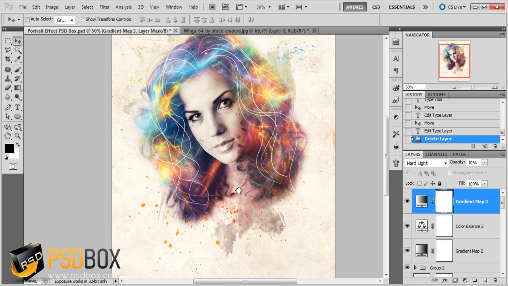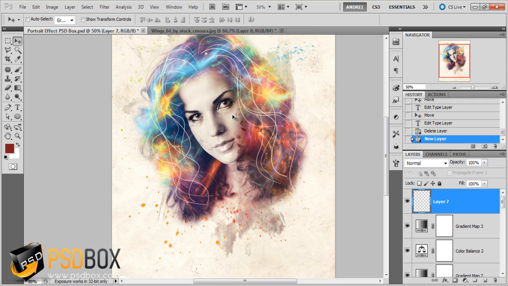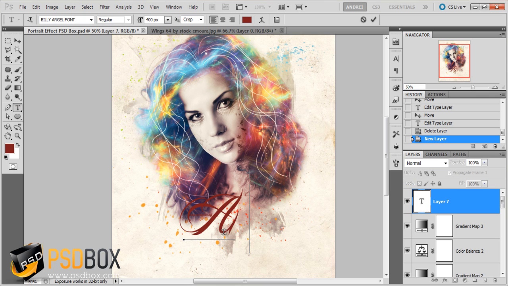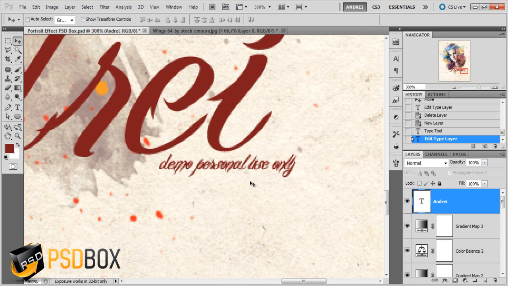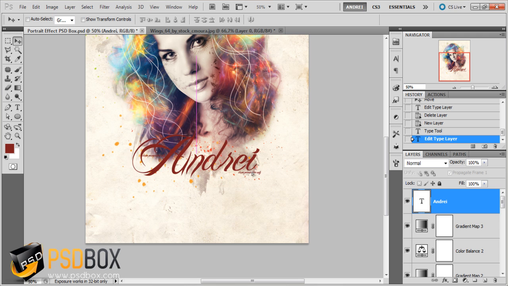And on the final image I also added some text here. You can add the name of the person or whatever you want. I'll just type my name. And the font that I used for that is Billy Argel. It's a free font, but you'll see some credits here that says demo for personal use only, and you can